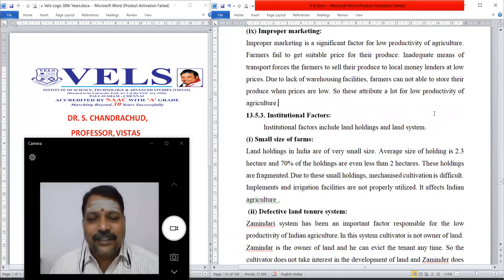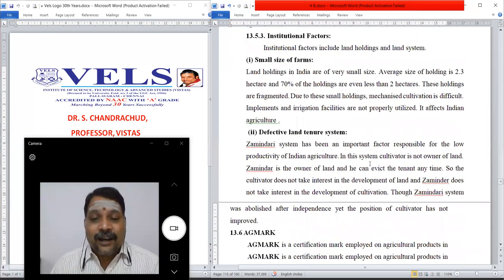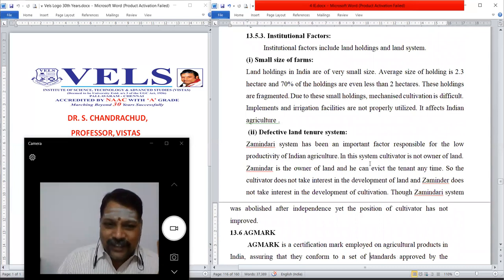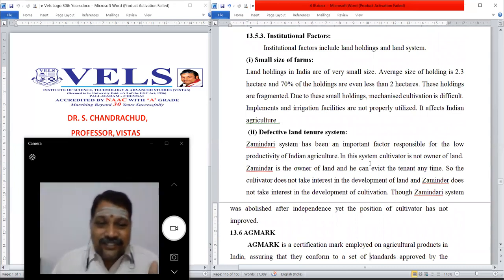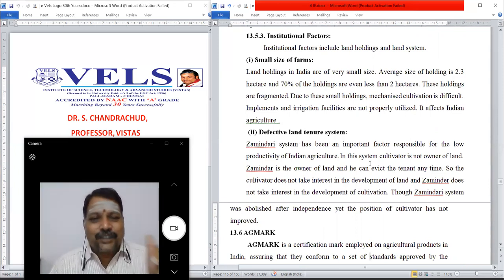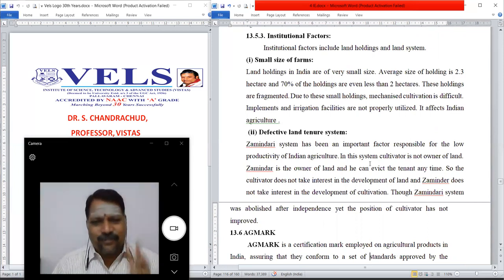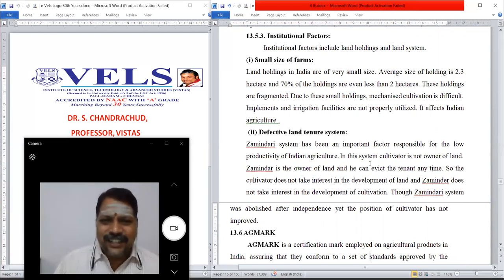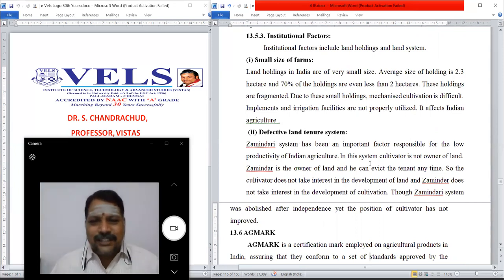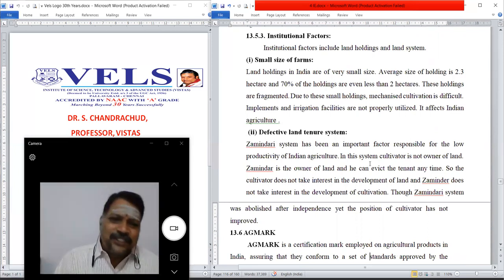The second one is defective land tenure system. Zamindari system has been an important factor responsible for the low productivity in agriculture. In this system, the cultivator is not the actual owner of the land. So he is working for the name. He does not want to work for 8 hours because he is not the actual owner. The zamindar is the owner of land, and he can change the tenant at any time. He will change. So